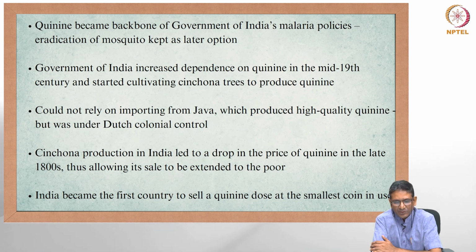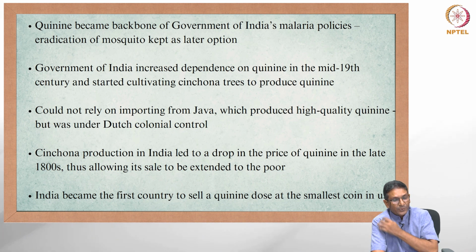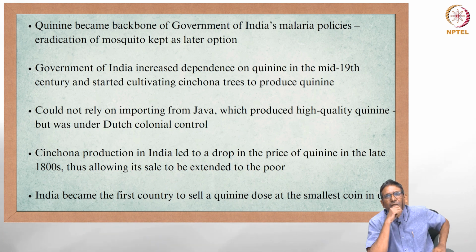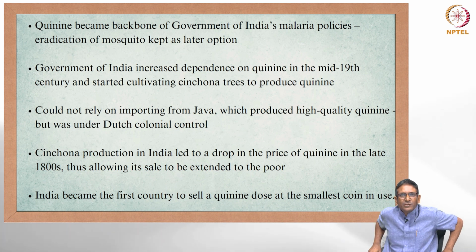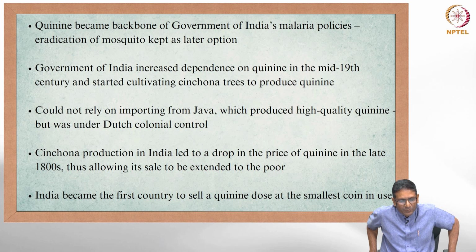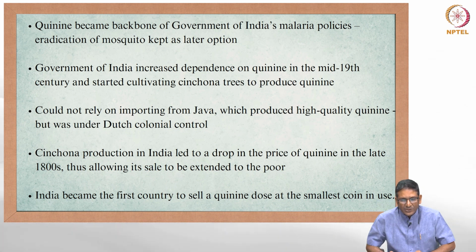So therefore, given this policy option, going more for the quinine option, there was increasing dependence on quinine, and so as I said, one of the options explored was to grow the cinchona trees locally. So, for instance, closer home from here, Chennai, a place called Naduvattam, which is in the Nilgiri Hills, was identified as one of the potential places to grow cinchona, and it was eventually grown there, and in some other places like Meghalaya also. Local cinchona plantation was experimented and was successful to a certain extent.